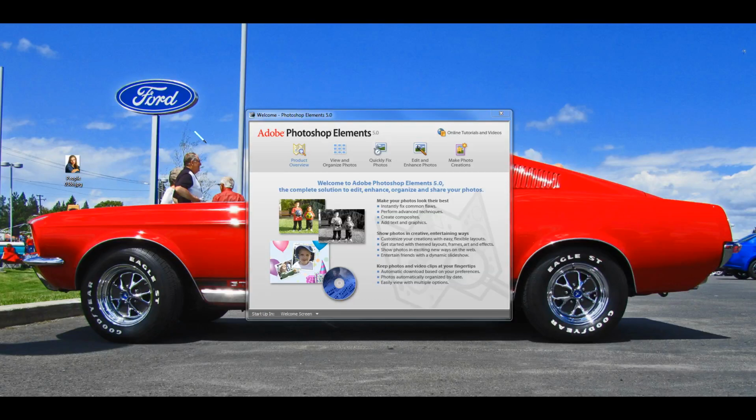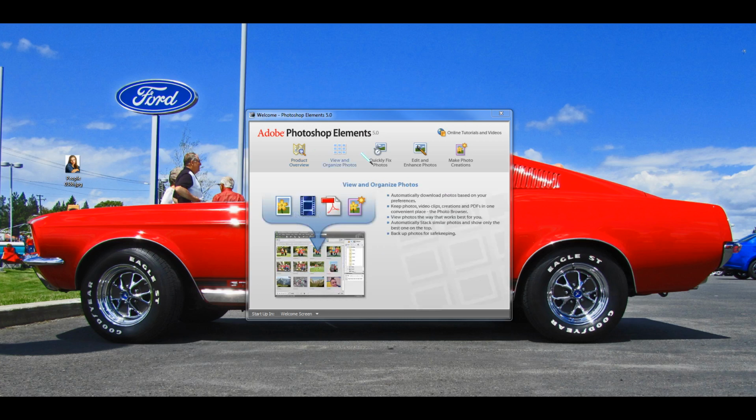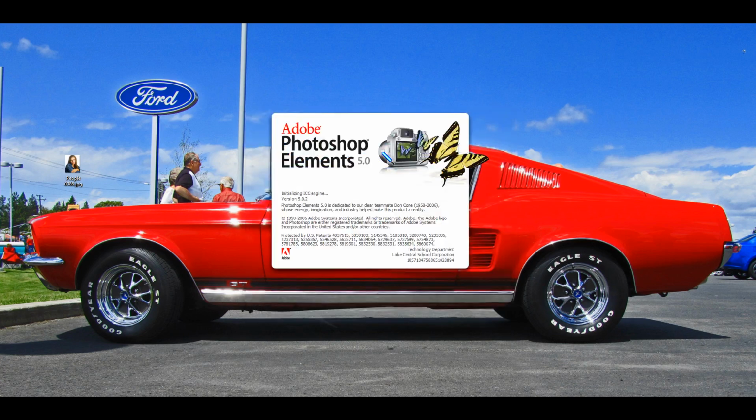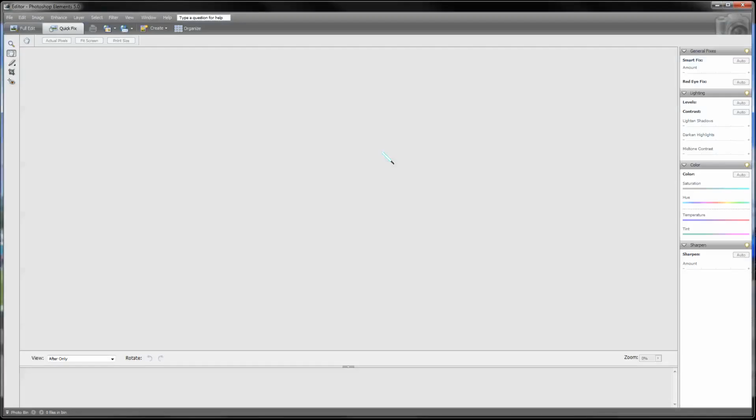This video is to show you how to do the quick edit in the digital photography module. What you'll need to do is open up the Adobe Photoshop Elements. You'll need to navigate to the Quickly Fix Photos option on our screen here. And Photoshop is going to open in the Quick Fix